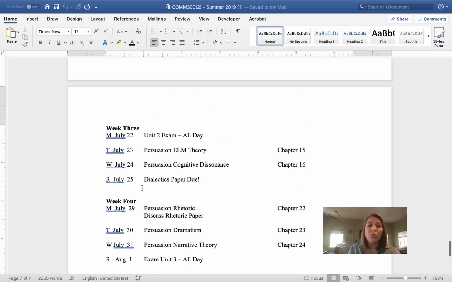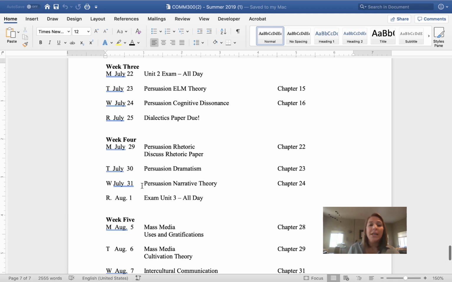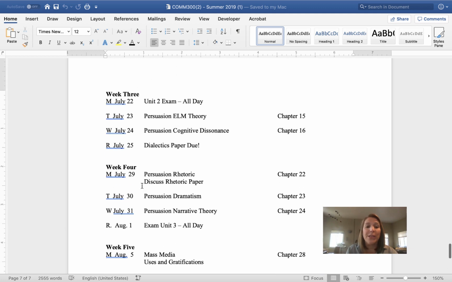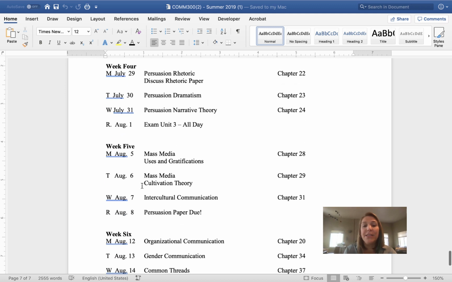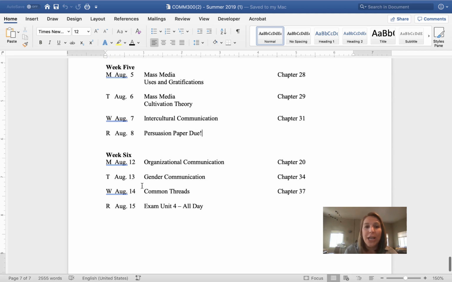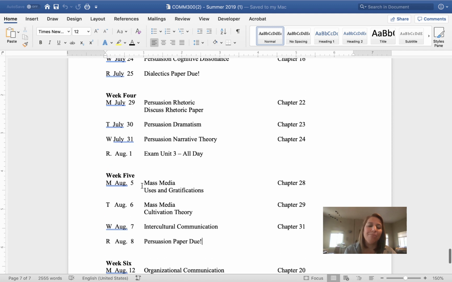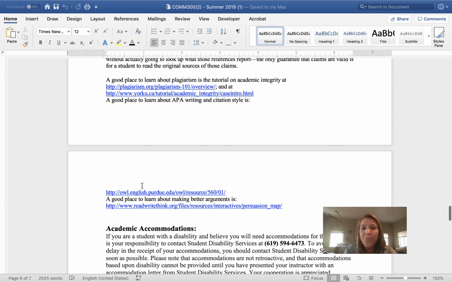So that's how it's going to work. You can pace yourself through each week and do as much as you want. Everything must be due when the exam days hit at 6 a.m. You then have from 6 a.m. till midnight to complete the exam. Remember, you will only have 40 minutes once you log in and no backtracking. That's how the course is set up and how it will work.